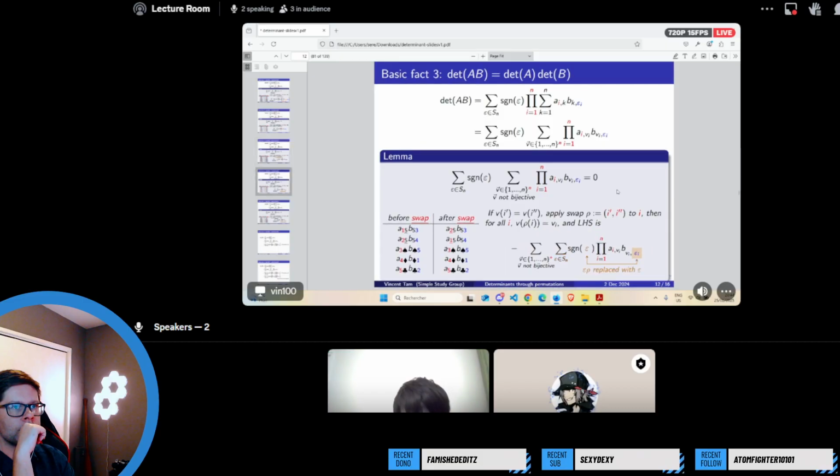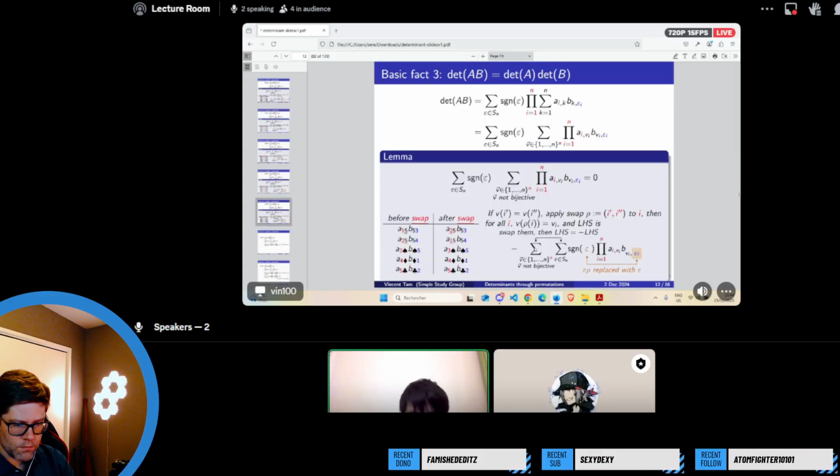So it will be good. And then since this epsilon rho runs through all Sn, I can simply replace it by a simple epsilon. And then I swap these two summations because the sets on which these symbols are taking the sum are independent of each other, and those are finite sums. So I can swap them with no problem.